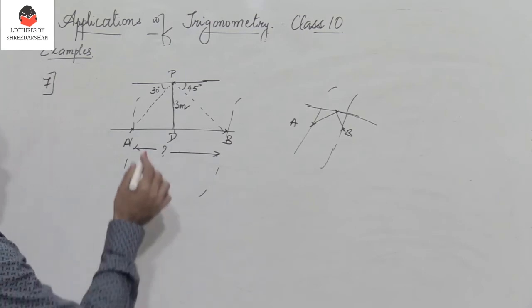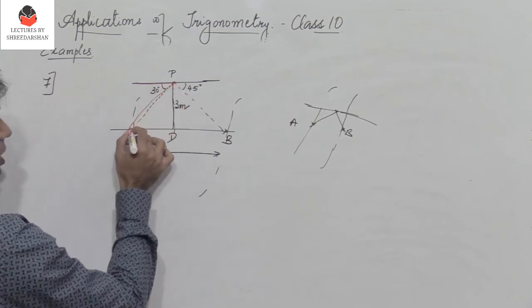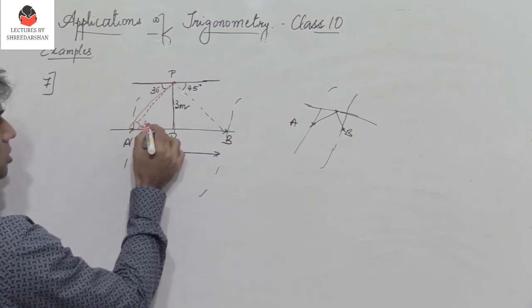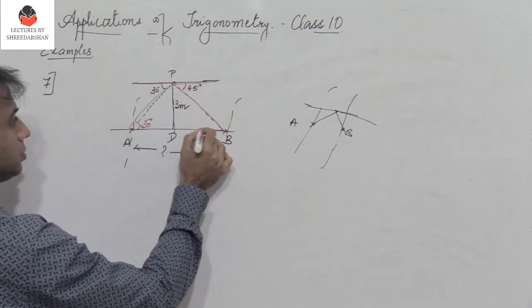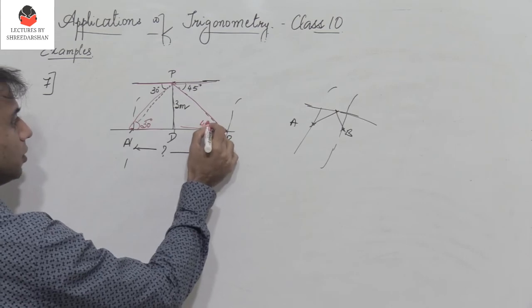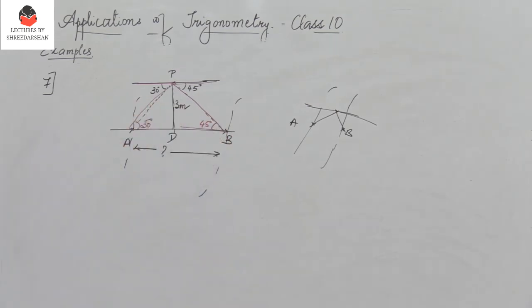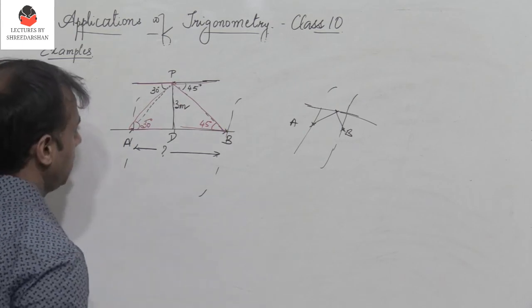So therefore, if this is 30, we find that these two angles are equal. This also is 30 degrees. If this is 45, we know that angle B is also 45 degrees. Okay, so that solves a lot of our problems. So now if I consider